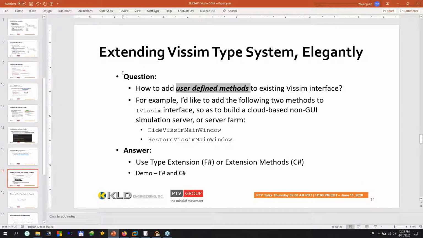Now we have some high-level understanding of the Vissim COM hierarchical type system. Occasionally, we have the motivation of asking how we can add user-defined methods to the existing Vissim interface. Say we have the iVissim interface. How can we add two methods so we can hide the Vissim main window and restore the Vissim main window,